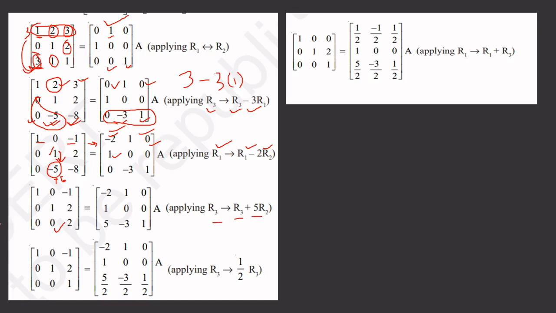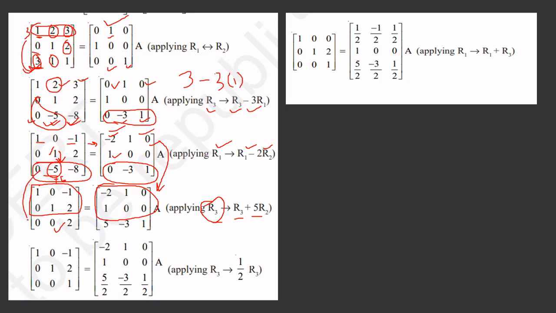Always remember, when we have to make the 0 in the third row, then we write row 3 changed, only row 3 is changed. So as it is, we write the first row and second row here the same, there is no change in them, the only change is in the third row. This row will be changed.